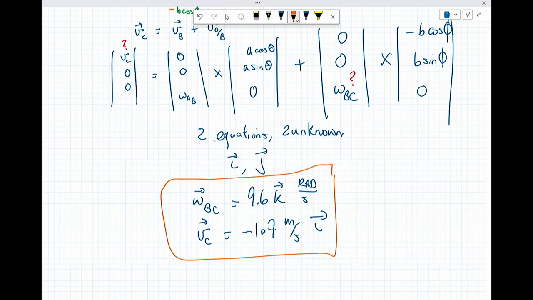I don't need to know anything about the directions of the velocities at this point, other than that everything should go in a certain way. I do need to know the positions of vectors in order to solve things. So I can solve easier by drawing on my diagram A cos theta, A sine theta, minus B cos phi, and B sine phi. And we know omega